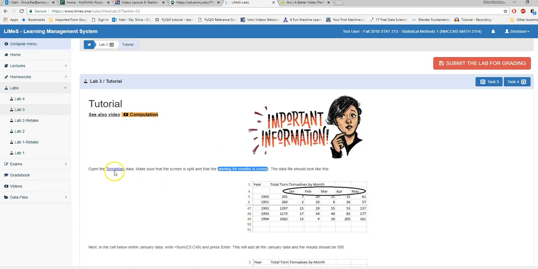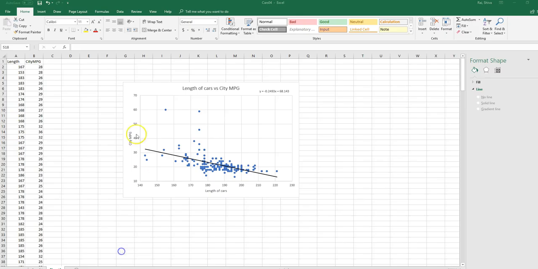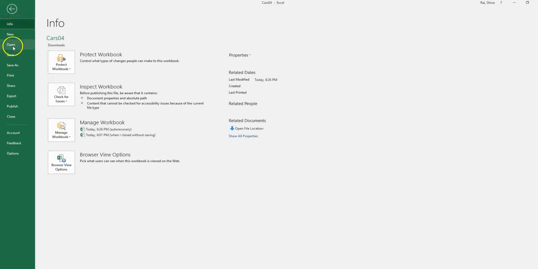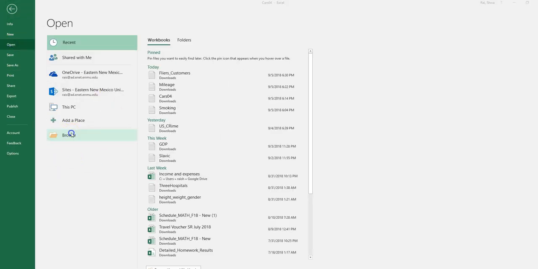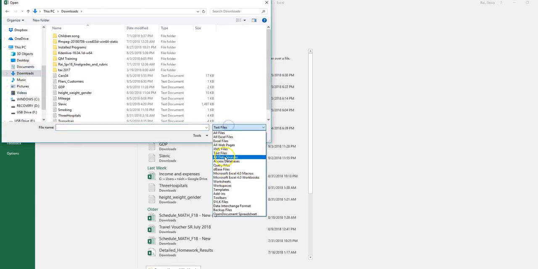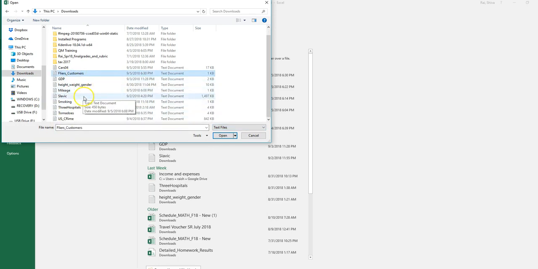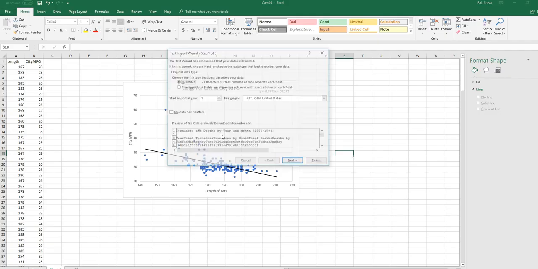Okay, so let's download this data, Tornadoes. Right click, save link as, and click on save. I have saved this in my downloads folder. Go to Excel, click on File, Open, Browse, click on Downloads, click on Text Files, and here you can see flyers. We have already gone for flyers. Tornadoes is the one which we want. So click on Tornadoes, click on Open,